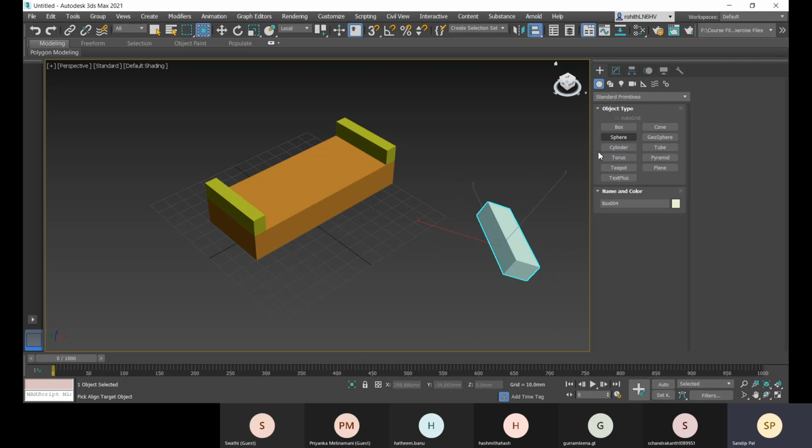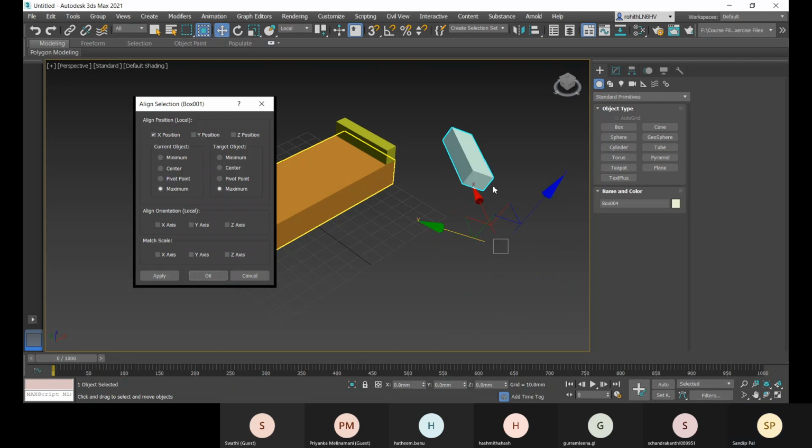So let's go to this alignment there, and about the x-axis, about the y-axis, about the z-axis. So nothing has changed in the z-axis, so it is right now aligned. Okay, and after that, you can go with the x position and y position and the z position.